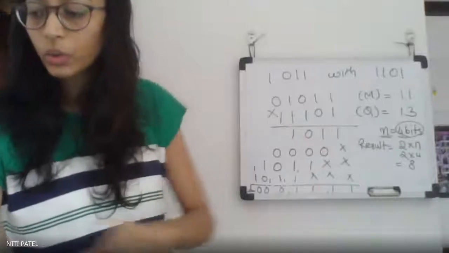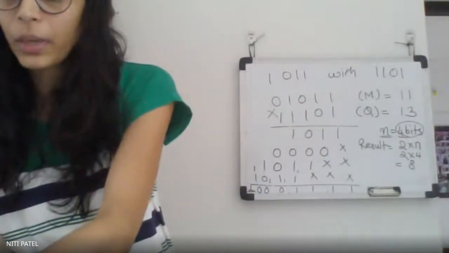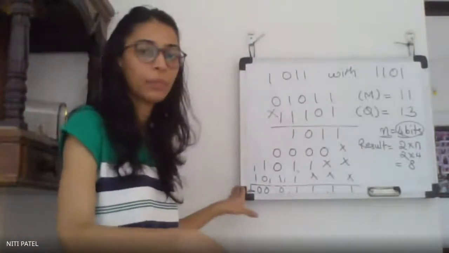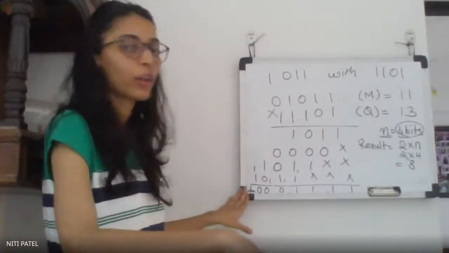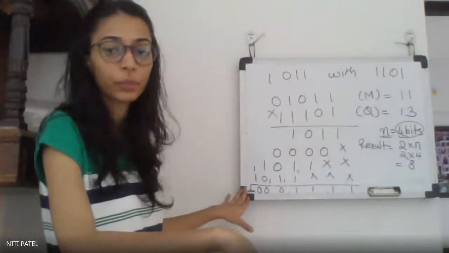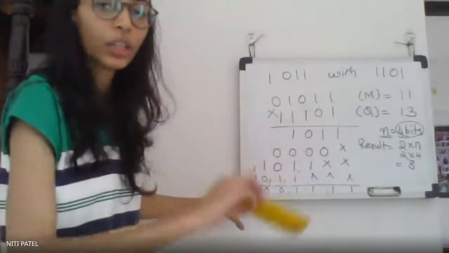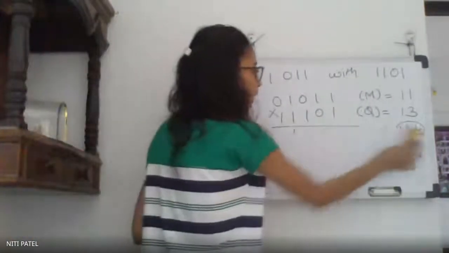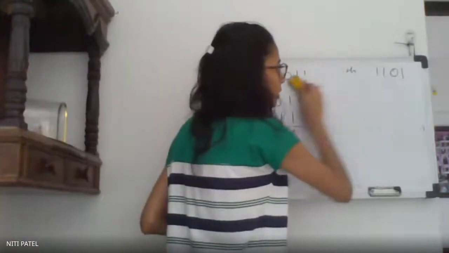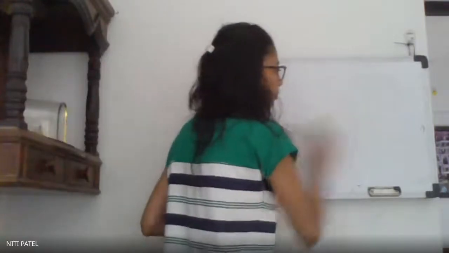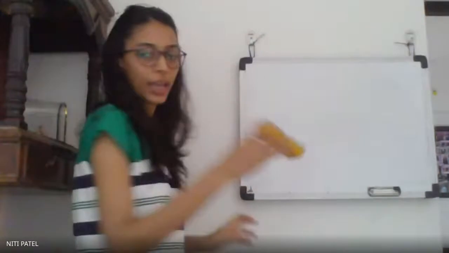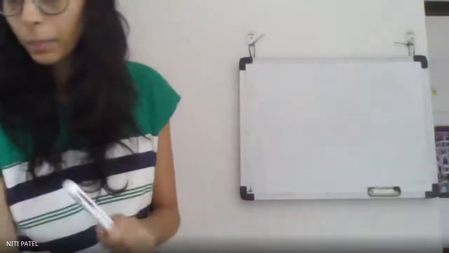Okay. Now we have to do the same thing but using an algorithm. You will not get such types of questions in the exam, but to do the same questions you have to make use of an algorithm. So we'll first write the algorithm and then we will solve using the algorithm. So write down the algorithm for unsigned binary multiplication.